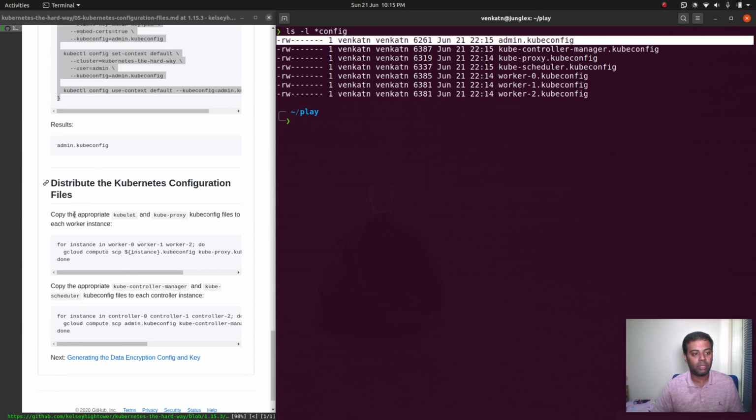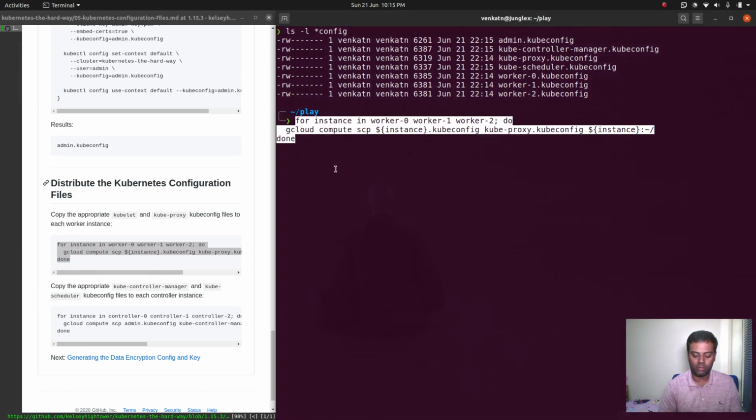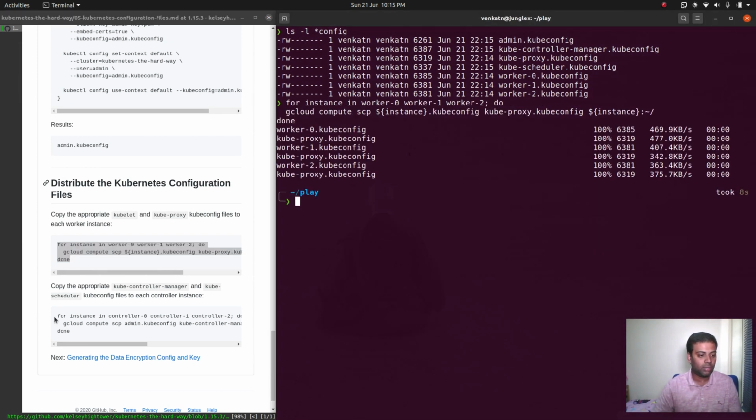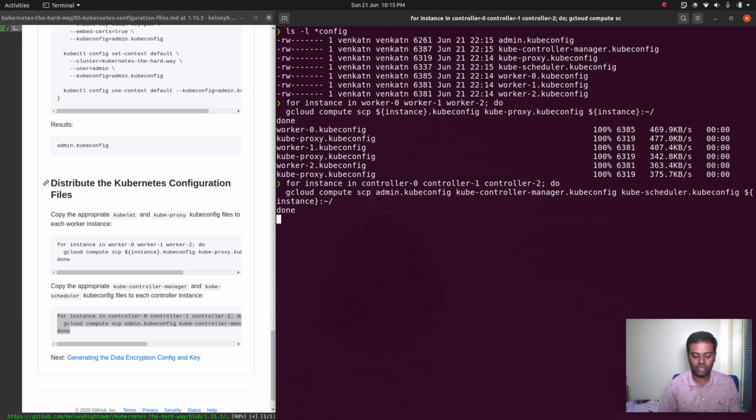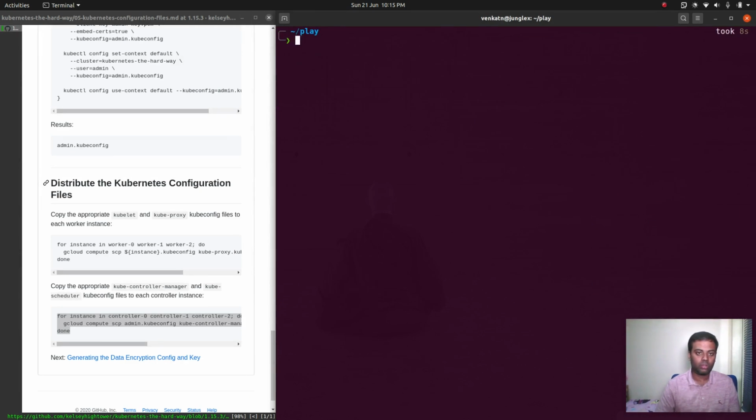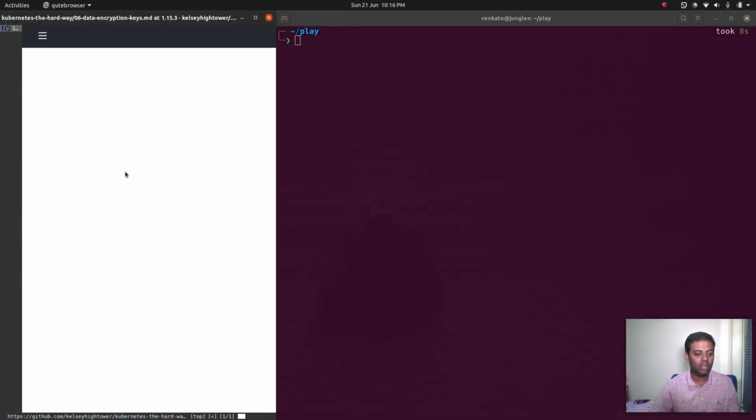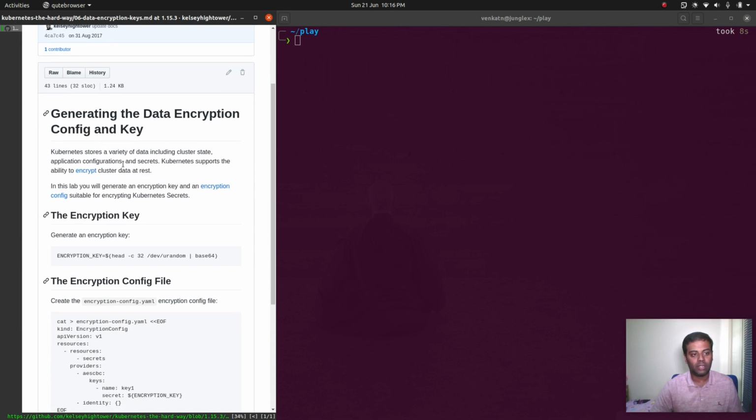Again, we're going to do the same thing. We're going to distribute this kube config file to the worker nodes as well as the master nodes. Yeah, that's done. And also to the master nodes. Cool, that's done. Let's proceed to the next step, which is to generate the data encryption config and key, because